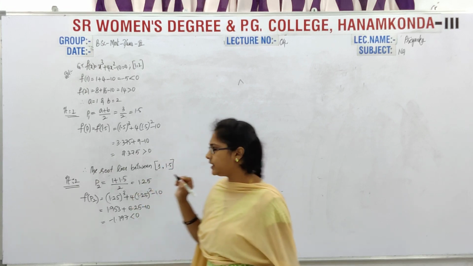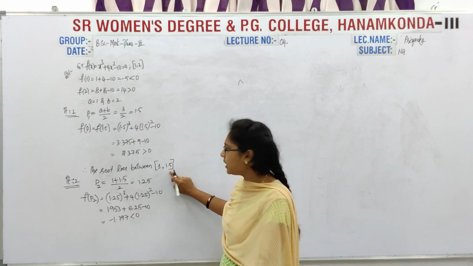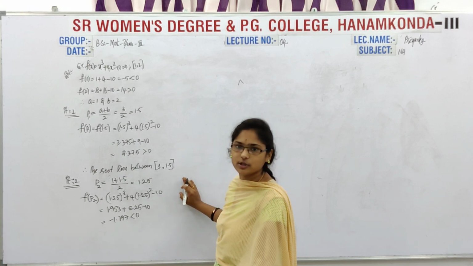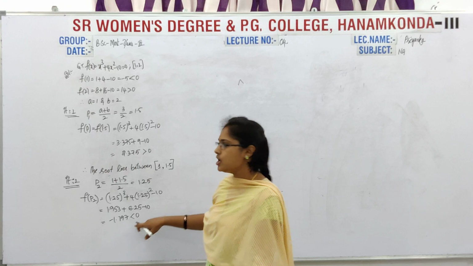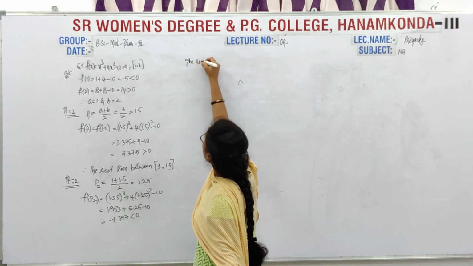Now see clearly, for this one we have a negative and for the other we have a positive sign. Now we definitely have to take the positive here because here we have a negative. So now what do we have to write? The root lies between